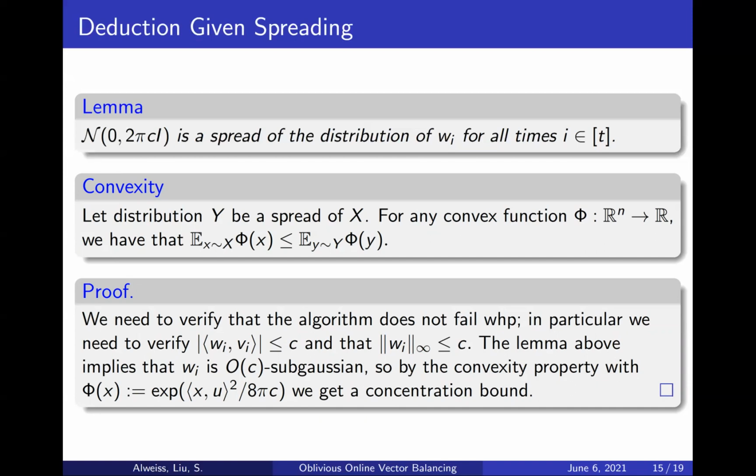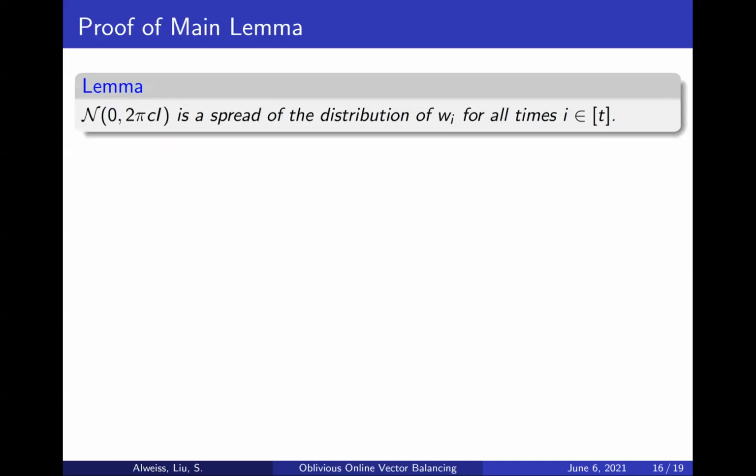And this sort of immediately gives the desired concentration inequality. So this is a rather standard step. I'm sort of hiding all the details. You need to prove that you're spread by this Gaussian at all times. And during the last few slides, I sort of want to give a high level overview and actually even give